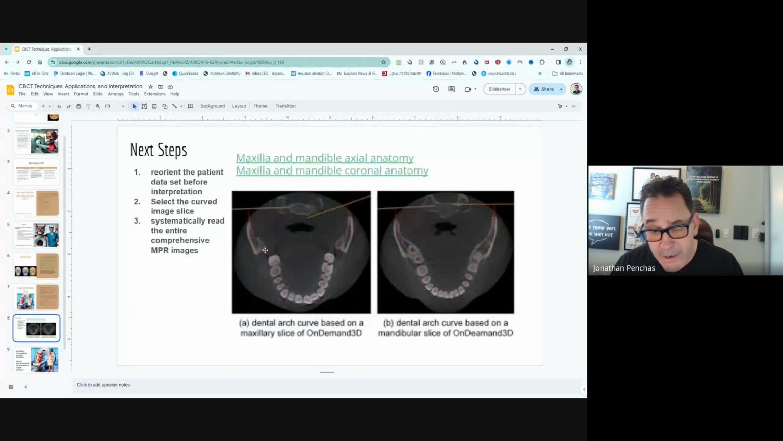And because the mandible and the maxilla are on different curves, you are going to first read one and then the other. You are going to select the curve for either the mandible or the maxilla. You can't select both at the same time. You can't really read by doing that. You have to read the maxilla and read the mandible by changing the dental arch curve to that area. And then again, you're going to read. So I'm going to show you